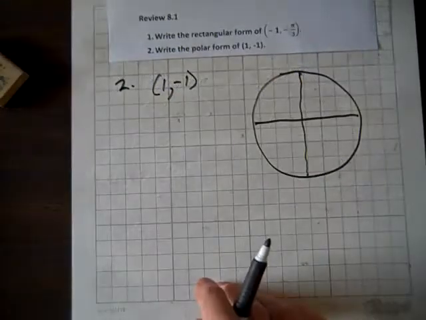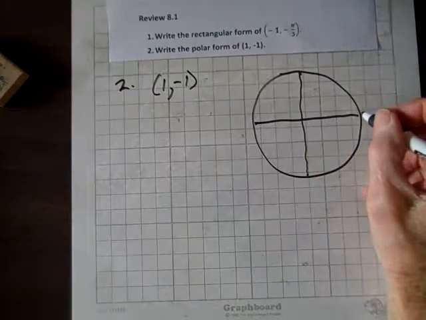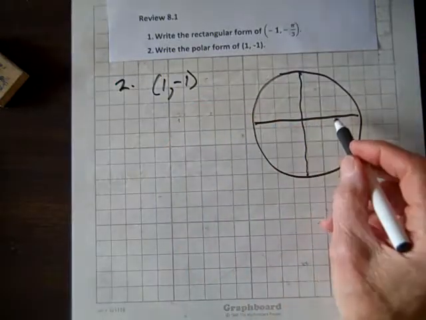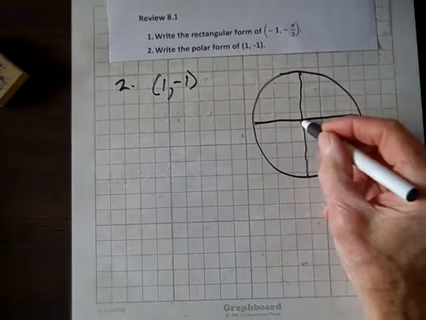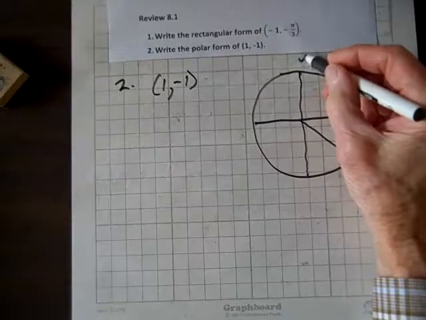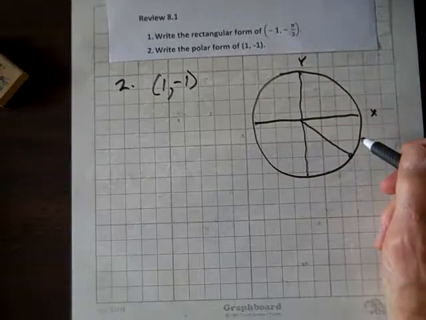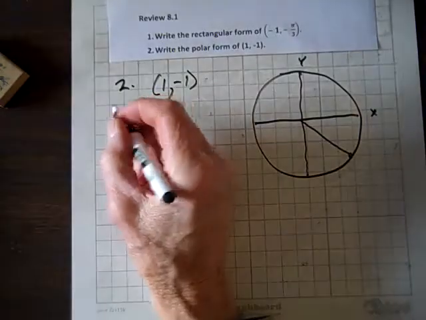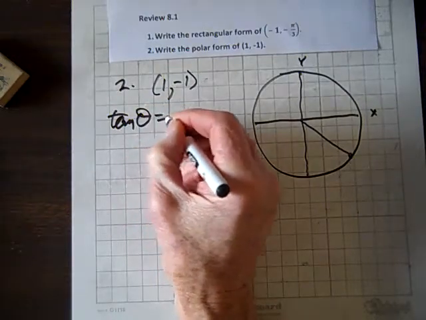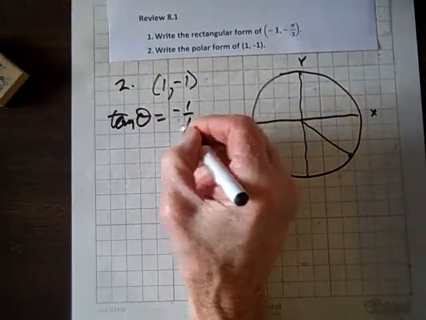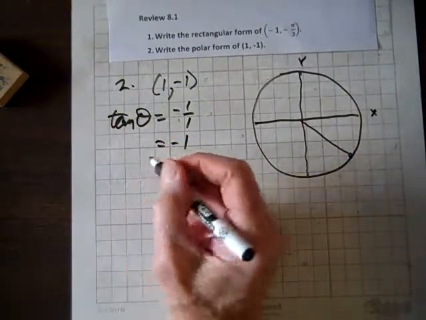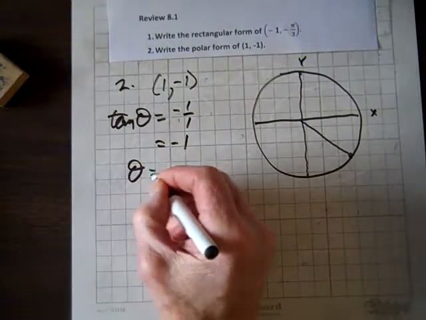Now let's do number 2. And so, let's see, we're going over 1, down 1, over 1, down 1, and that'll put us right here. And clearly this is a 45-degree angle, or pi/4, but let's do it analytically. We'll look at rise over run, so tan theta equals -1/1, which equals -1, and so the inverse tan of -1 gives us theta, and theta equals the inverse tan